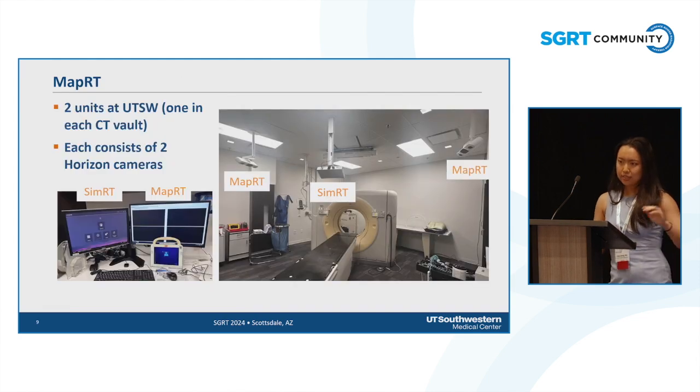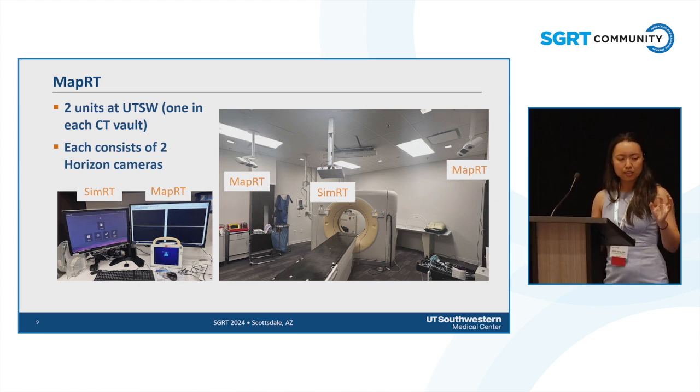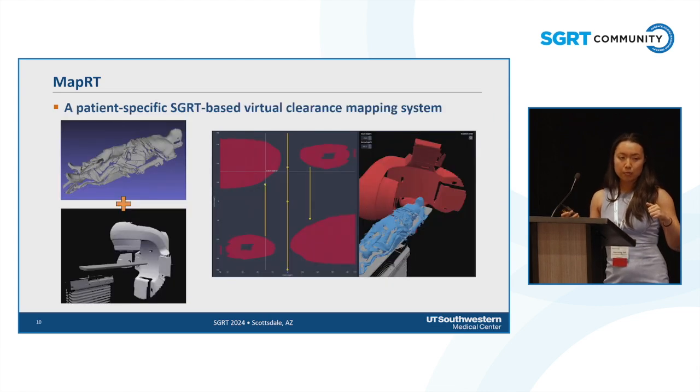So to mitigate that, we acquired two MapRT units at UT Southwestern, one for each CT, because we have two CT vaults. As you can see here, the hardware component of MapRT consists of two ceiling cameras pointing diagonally at your CT board. And many of you have already seen some parts of this. The principle of MapRT is pretty simple. Essentially, those two cameras that you saw earlier will acquire a whole body patient-specific surface at SIM, and then we combine that with a manipulatable